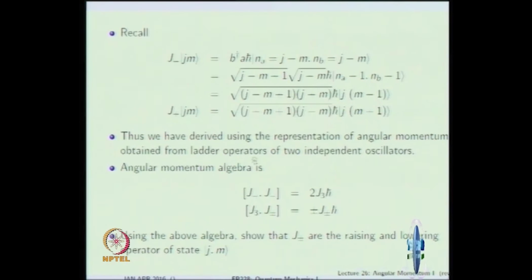What you could do is, just like we did for the harmonic oscillator algebra, this is for you to check, we will discuss this on Friday. Independently take it to be a simultaneous eigenstate of J dot J and J3, which is J comma M. Use this algebra to figure out that J plus and J minus will change the M by plus or minus 1, and we need to fix the coefficient. Is there a systematic way in which you can fix the coefficient? Just like the way we did for the harmonic oscillator, and we fixed root Na and root Na plus 1.